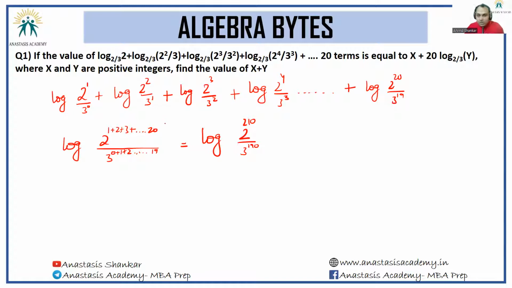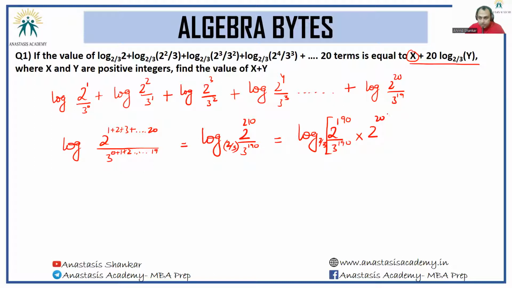Okay. So far you would have noticed I have not written down the base anywhere, because up until this point, the processing did not really need the base. But now that we have it, the final form requires me to have an integer constant term, and then something with this form. So the constant term that I can get, can I break this down as log of 2 raised to the power 190 by 3 raised to the power 190, 2 by 3 into